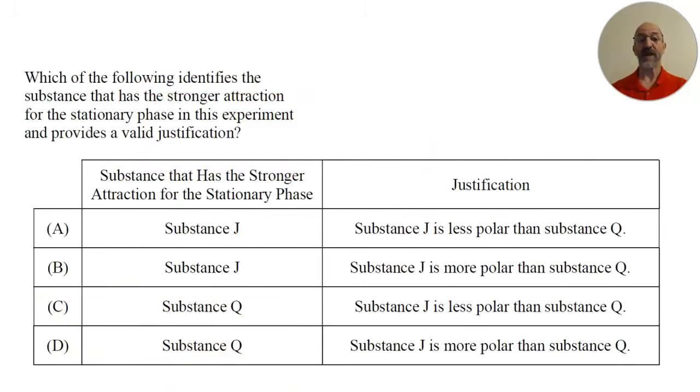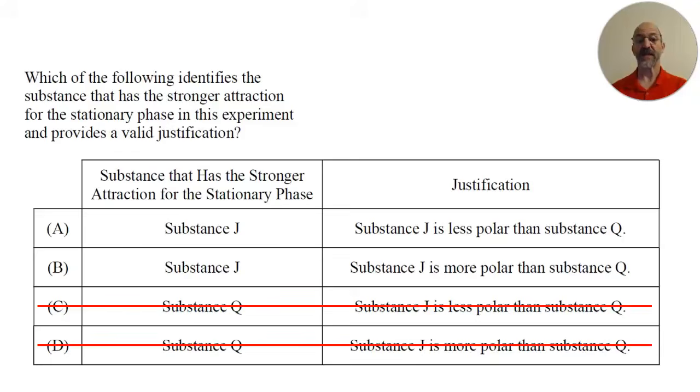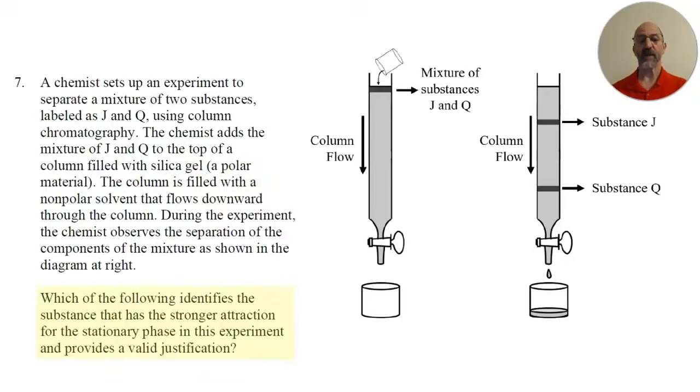So we know that the correct answer to question 7 is substance J, so I'm going to go ahead and eliminate choices C and D. Is it because substance J is less polar or more polar than substance Q? Well, it says that silica gel, which is the stationary phase, is a polar material. So substance J, if it is attracted to this polar stationary phase, it is likely that substance J is the